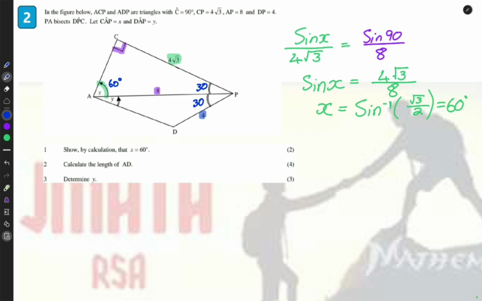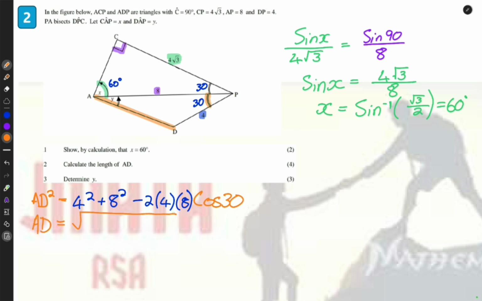So in this case, I have two sides and an included angle, which leads me to cos rule. If I do the cos rule, I need to start with the side opposite the angle I'm going to use. So in this case, it works out nicely. I want AD squared, and that will then be equal to the 4 squared plus the 8 squared minus 2 times 4 times 8, and then cos of 30 degrees. So then AD would be equal to the square root of